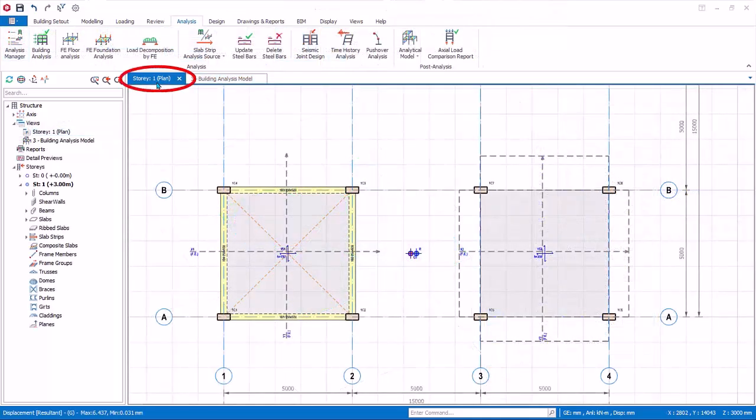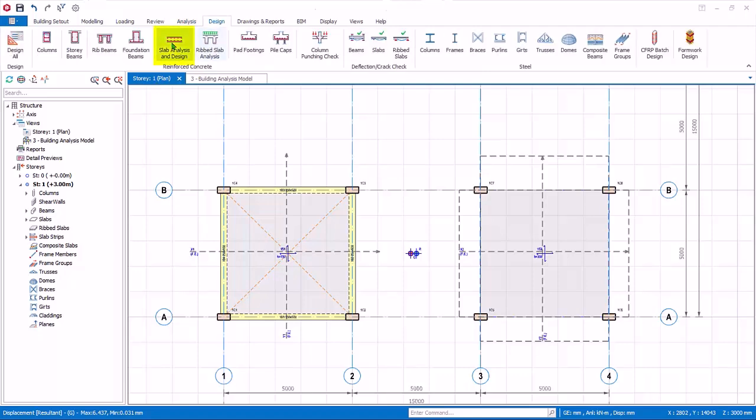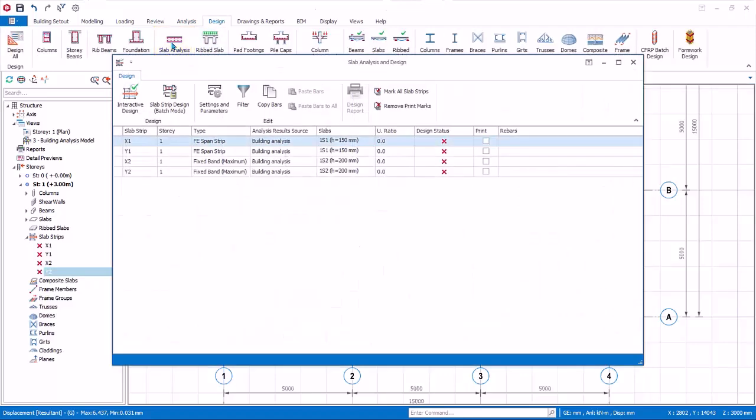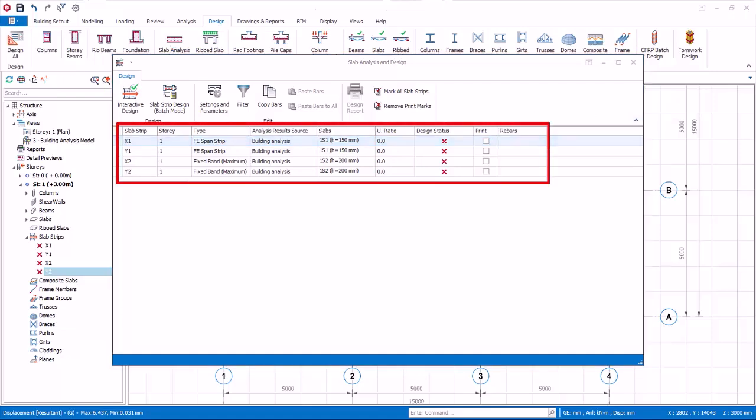Click on the Story 1 Plan view. We can design the slabs now. Go to Design tab, click Slab Analysis and Design. The Slab Analysis and Design dialog will appear with a summary of slab strip design, such as type, utilization ratio,